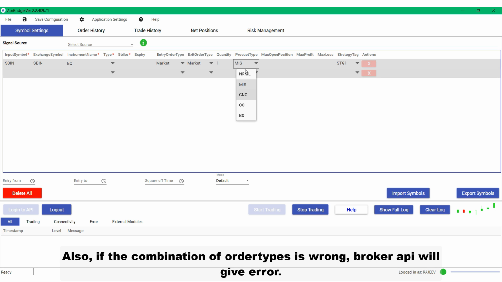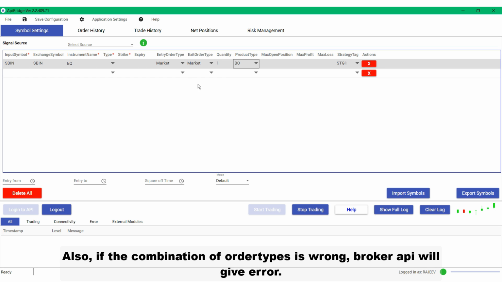Also, if the combination of order type is wrong, broker API will give error.